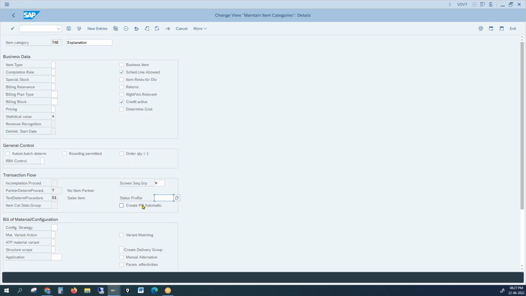Then create PO automatic. Purchase order, create PO automatic. In the third party process, what is third party process? We are procuring item from vendor. To procure the item from vendor, how do we communicate to the vendor? We raise a purchase order. We send a purchase order to vendor, asking vendor to send the materials. Right? So if that is a third party item, the material itself is configured as a third party item,